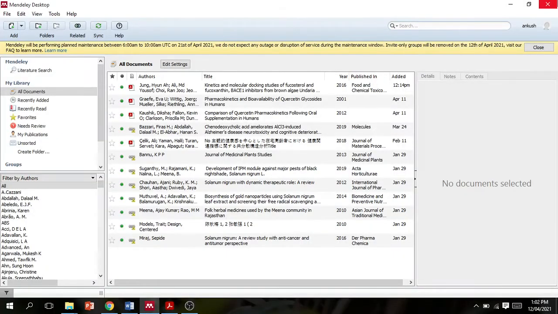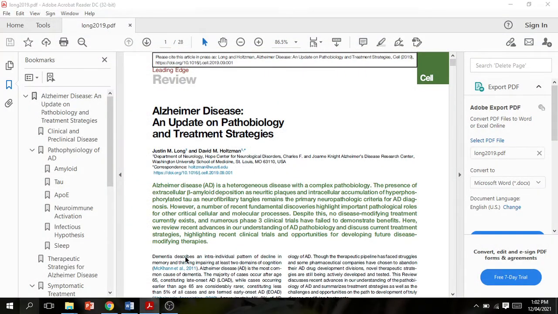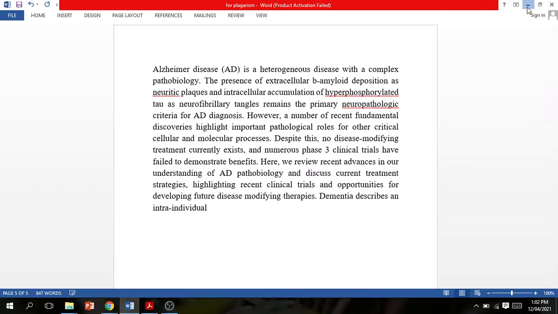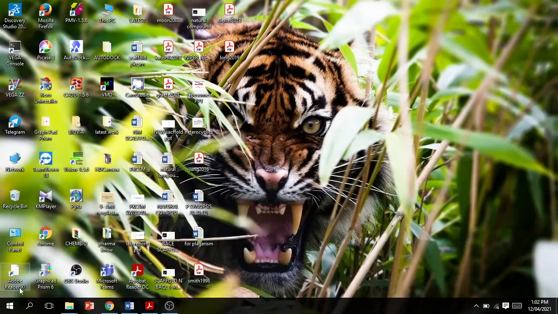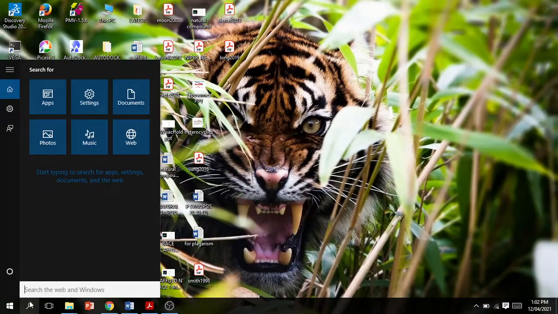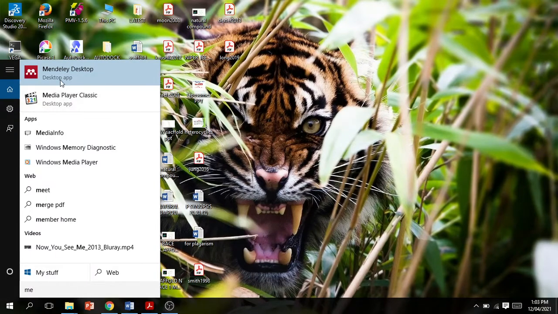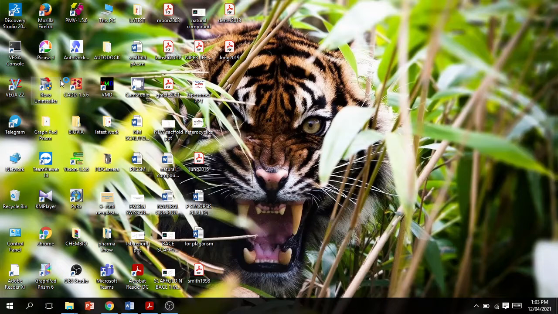This is Mendeley Desktop. Firstly, go to Start and search Mendeley Desktop. This is Mendeley Desktop.